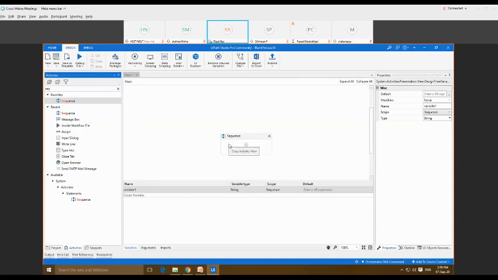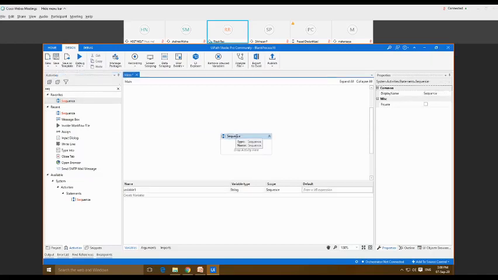For getting this sequence file from the activity panel to the main panel, we can go to the activity panel and search for the sequence. Once we search, we get this sequence activity, and this is the symbol of the sequence. Once we double click on this sequence activity, or we can simply drag and drop it here. But it depends on the user how they select any particular file. And then we can also rename this particular file.